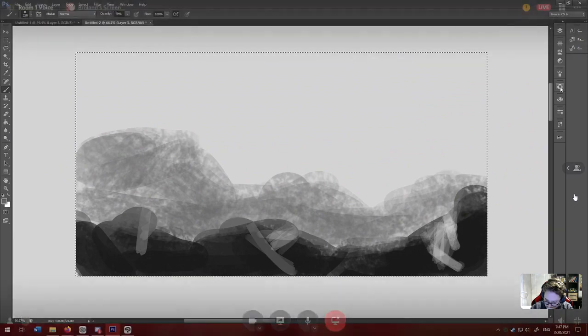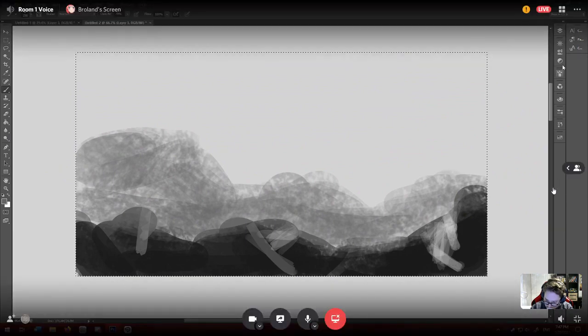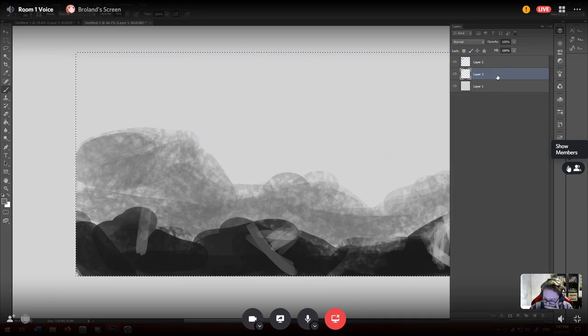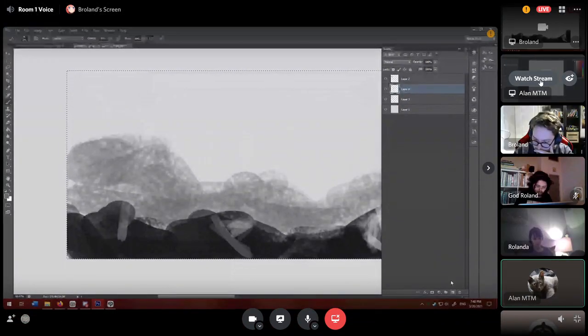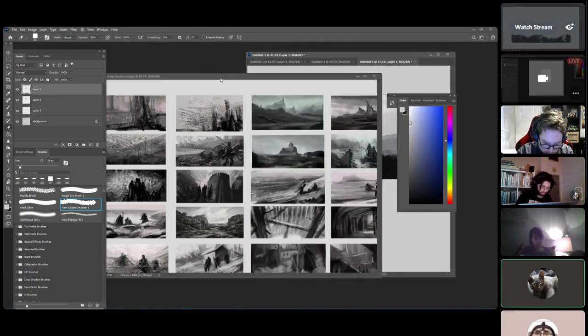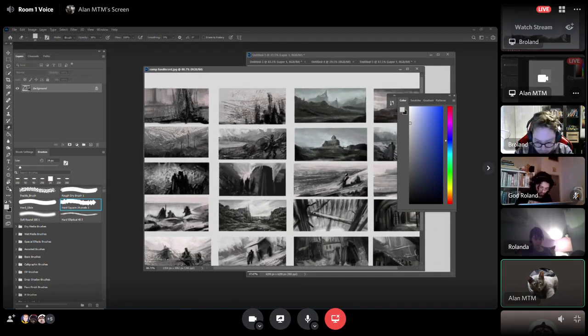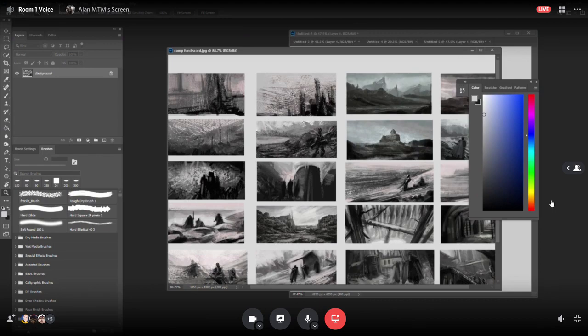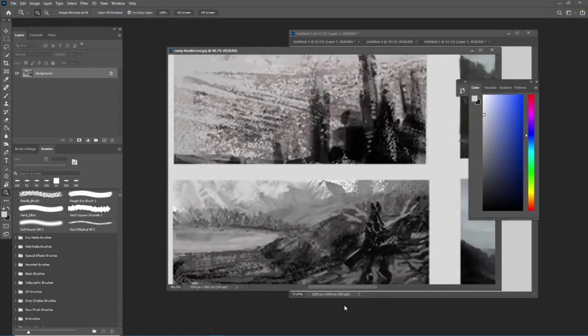So basically what we've done is we've created a composition. So far, so good? Yeah. Now, if you want to get them looking like this, what I was doing is I would take, see these are taking different types